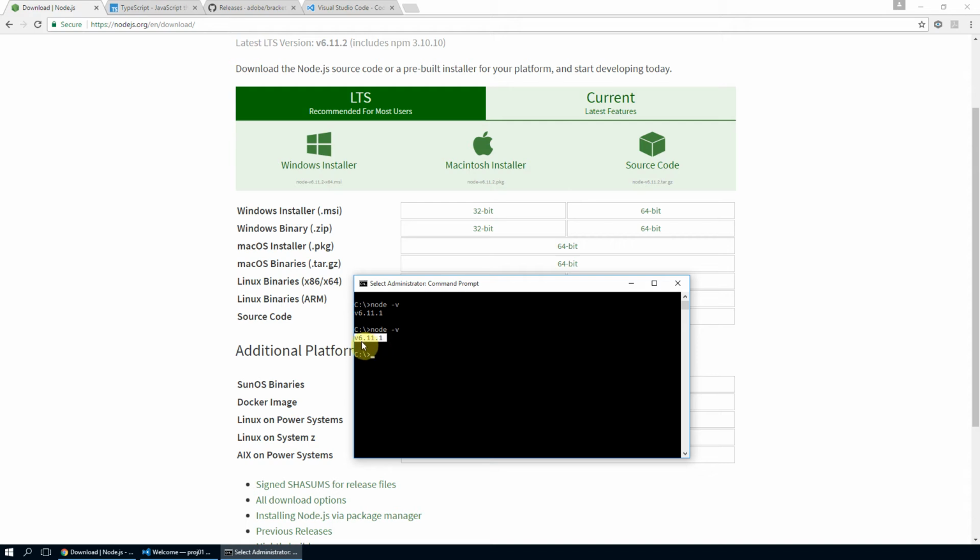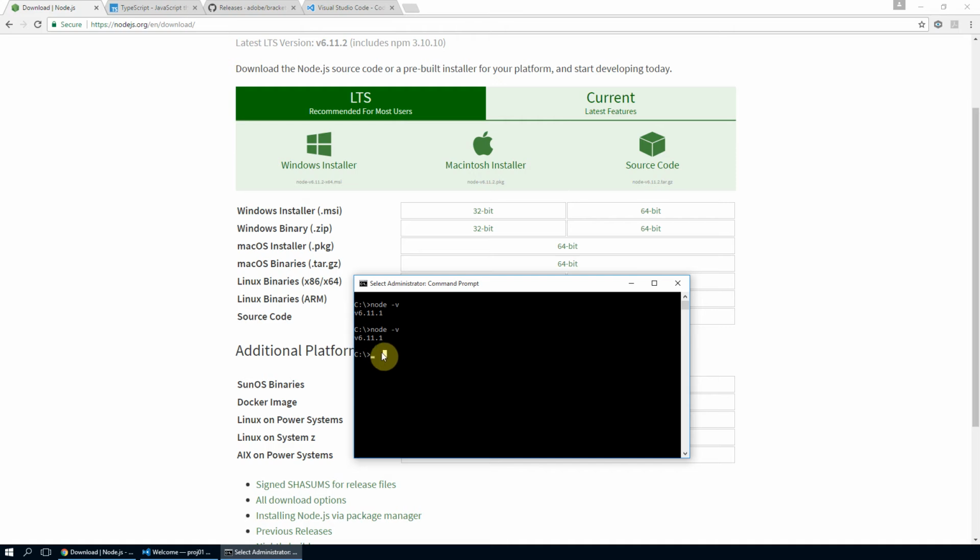Over here I have got v6.11.1, which you may think is contradicting with this particular version, which is the latest version on the Node.js website. So if you have got this particular version, you need not upgrade it. It will work perfectly fine if you have got v6.11.1, though you can upgrade your Node.js version.